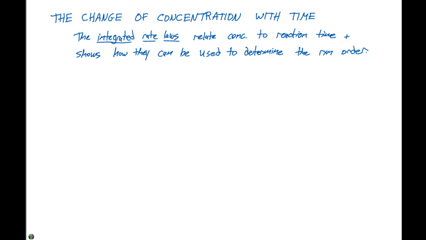In this next section, which is going to span a couple videos, we're going to look at the change of concentration with time. And to do this, we're going to look at integrated rate laws. The integrated rate laws relate concentration to reaction time and will show how they can be used to determine the reaction order. So let's take a look at an example reaction, and we'll say this is A giving us B plus C. So we have some sort of decomposition reaction here where we have one reactant giving rise to